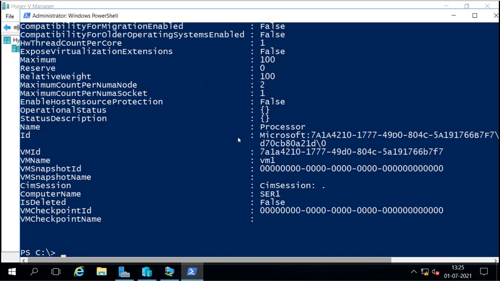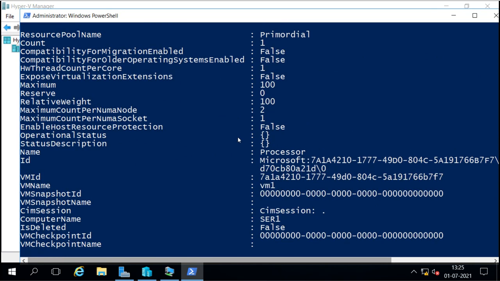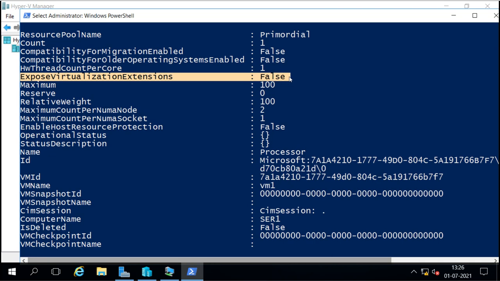In the full options we see this expose virtualization extension is false. So this feature we have to enable and set it as true.